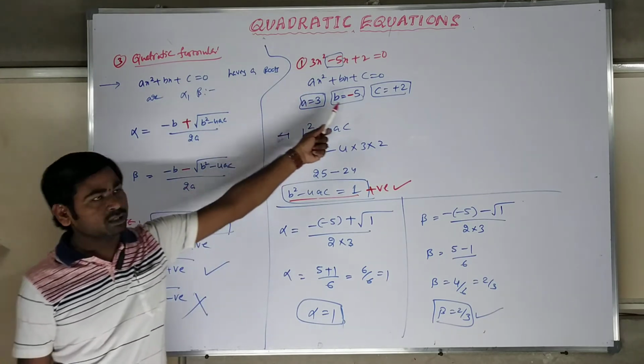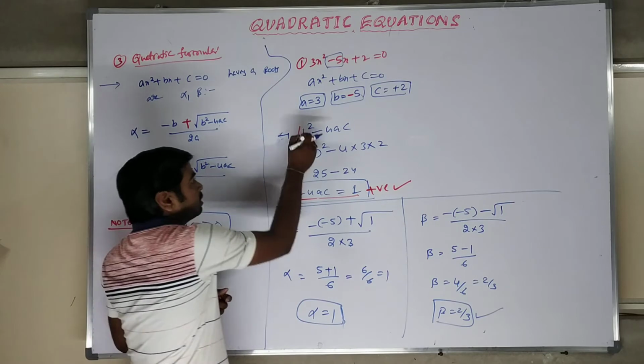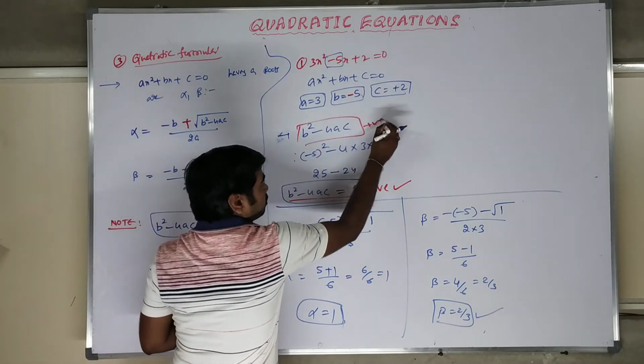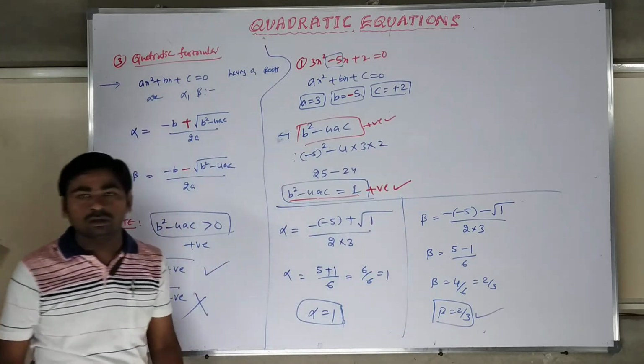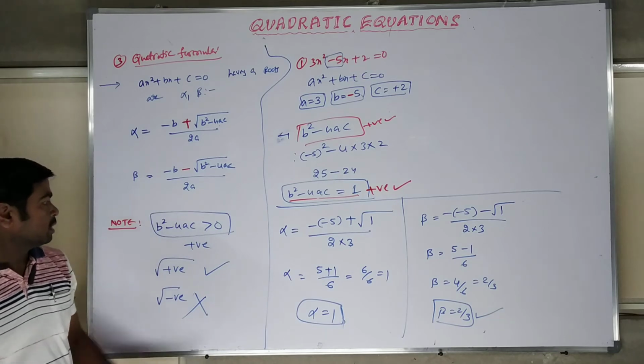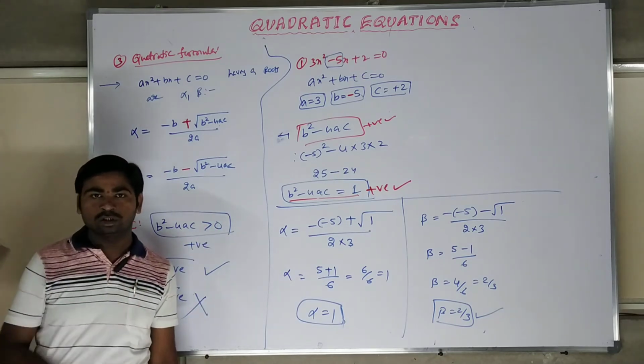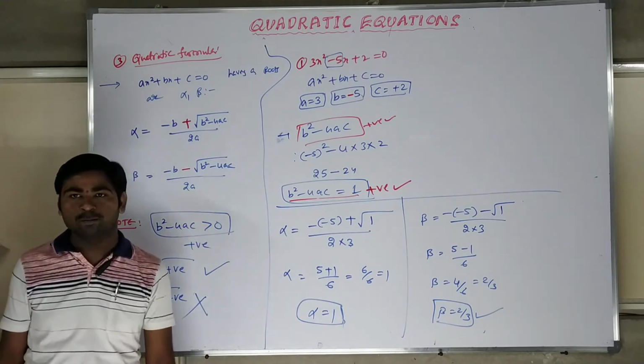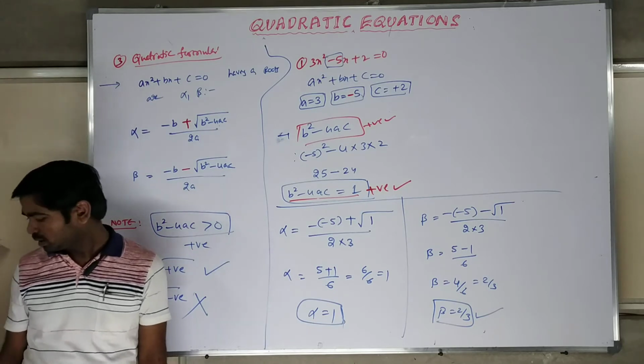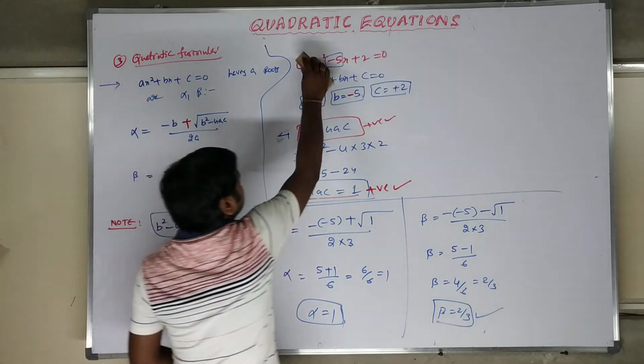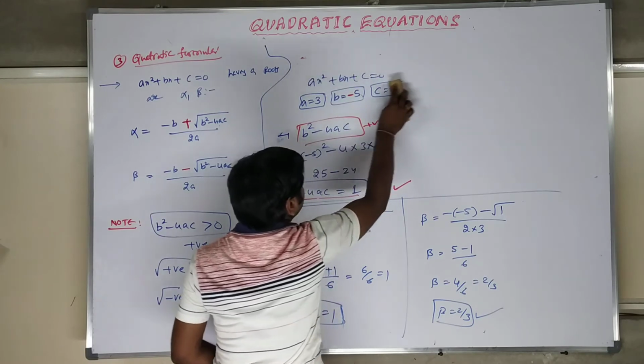First, please check a, b, c. After you check this condition, it should be positive. Then you continue the solution. Otherwise, leave the solution. This is how to answer the question directly by the complete square method. I hope it is very clear. Can I continue with the next problem? To understand it very clearly, I'll go for the next problem also.